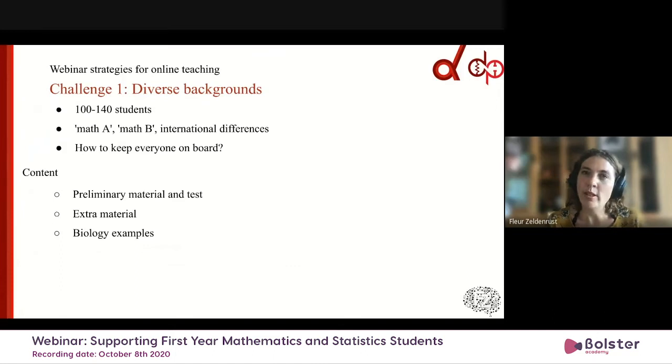Now, the course was a typical first year mathematics course. It includes integration and differentiation and introductions to differential equations. Especially the differentiation and the integration, some students have done already. So for them, I provided some extra material and some biology examples that they can practice with. So for instance, here we see